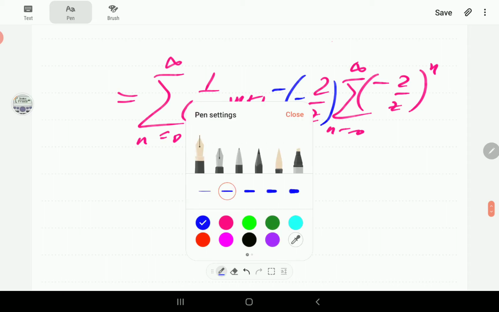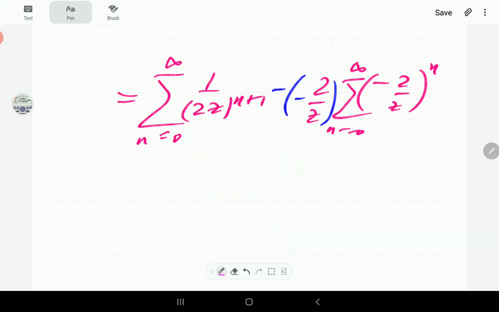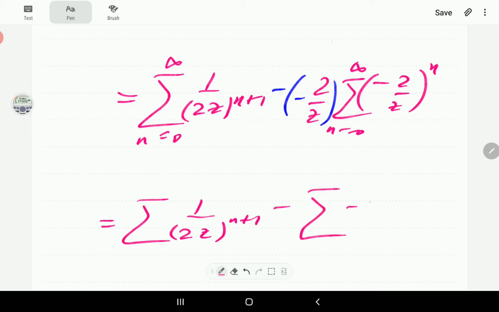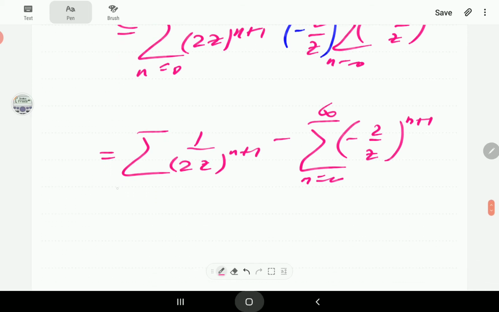Now we can multiply these two. So what we're going to end up with is the summation of 1 over 2z to the power n plus 1 minus the summation of negative 2 over z to the power n plus 1, in each case n runs from